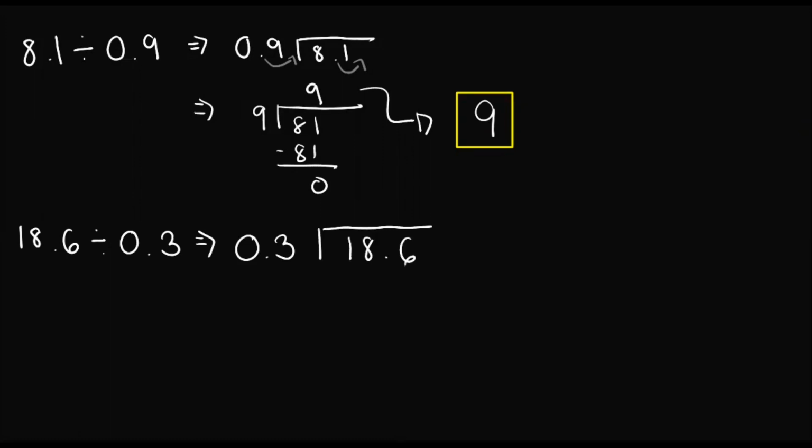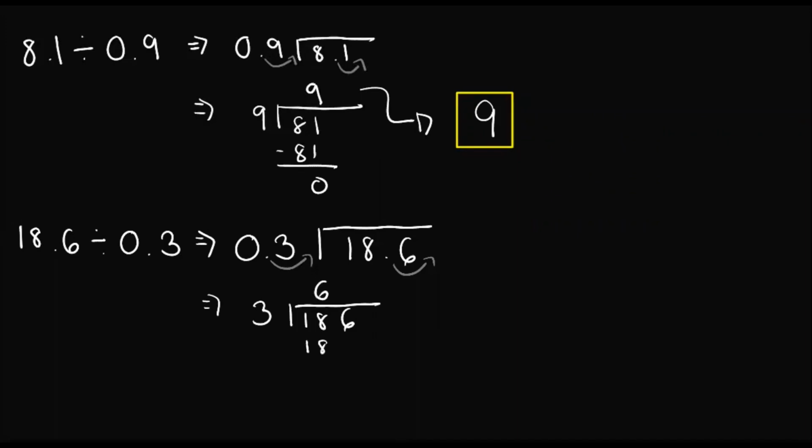So again, we move a decimal point out here just one time. So that will give us this. We can write this as 3 divided by 186, and applying the usual division would give us 6 out